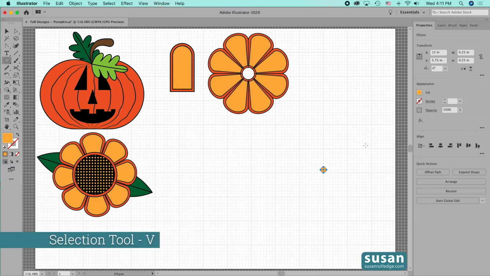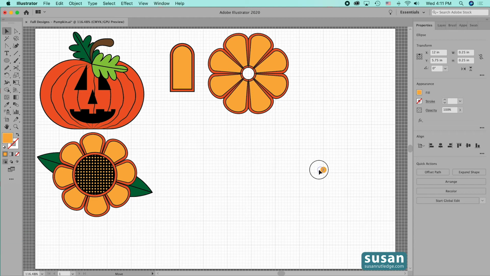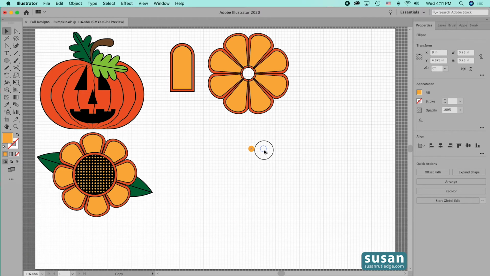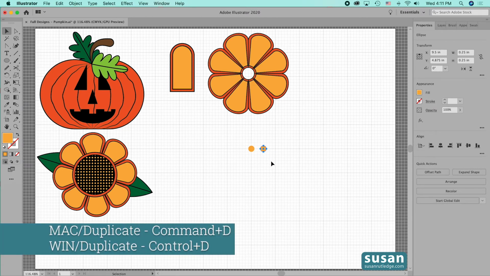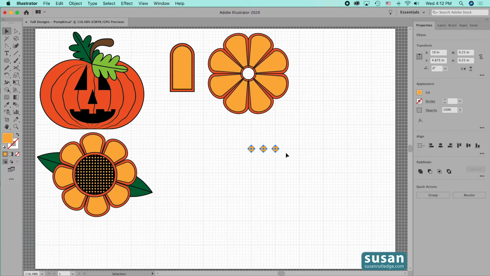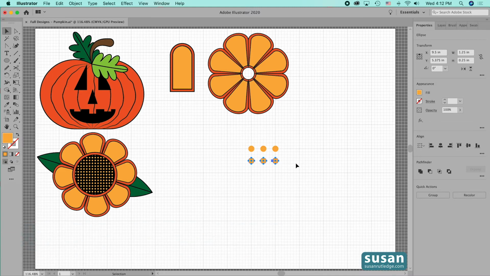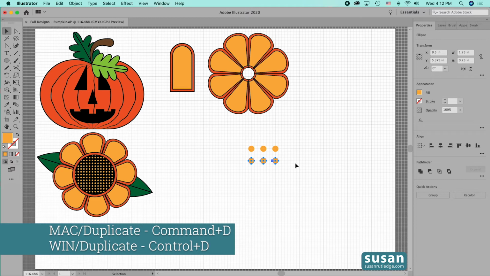Then I'll get the selection tool, keyboard shortcut V, and I'm going to place the center of this little circle at the intersection of 2 of these heavier grid lines. Now I'll hold down my Option key and drag to the right, and I'll move to the center of this line and release my mouse, and then I'll duplicate that move by pressing the keyboard shortcut Command D. Now select all 3 of these circles, and I'm going to hold down my Option key and come down to the center of this 1-inch square,